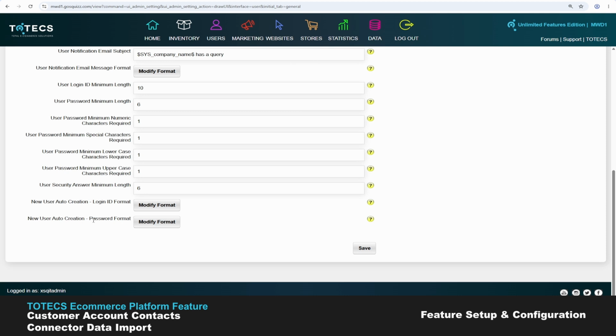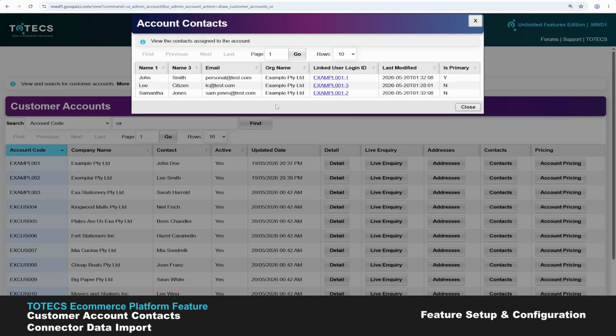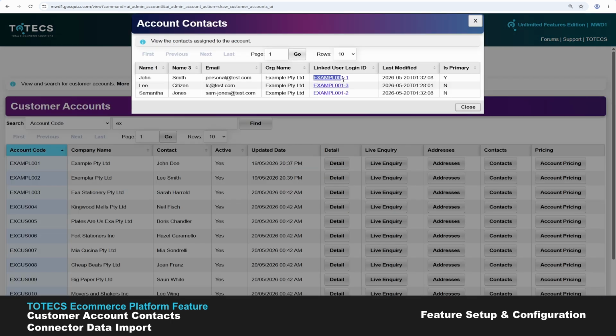This is very similar, but this is how we control how the password by default is getting created for each of these users associated to the contact records. In this example, the password of these users being created for the contacts will have the customer account code, and then they'll have this thing called an auth code or an authorization code. So the user's password would be